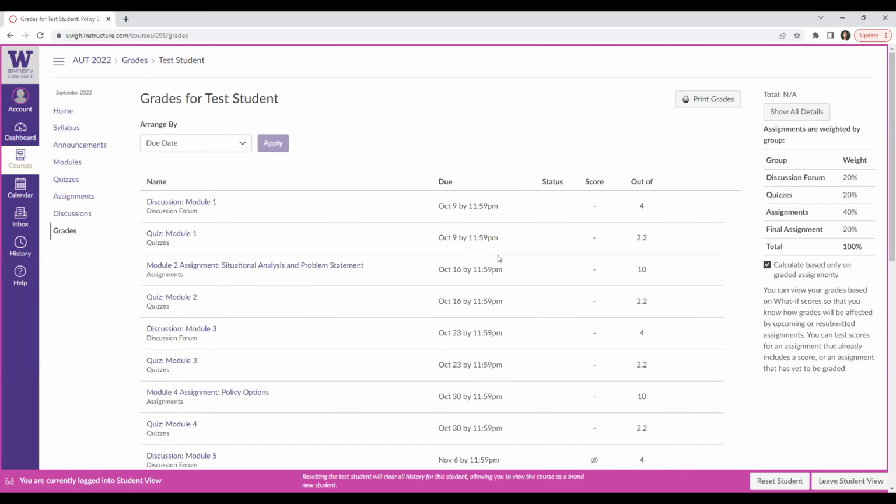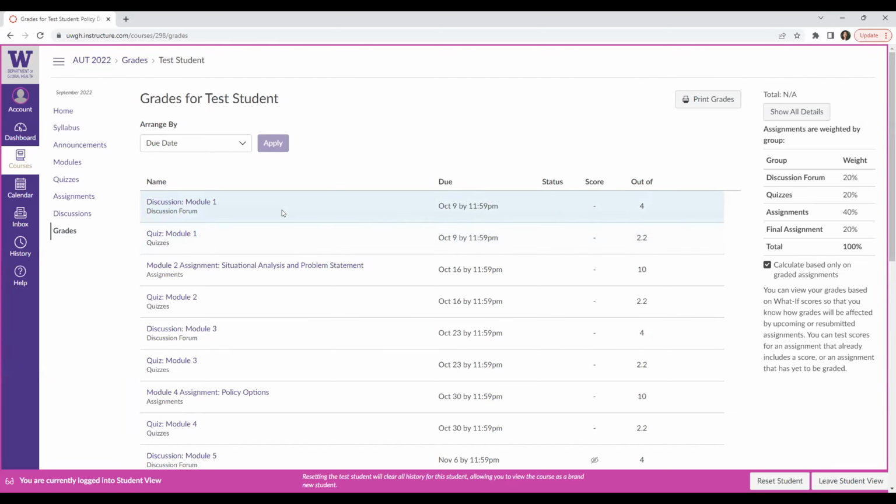All right, the last tab I want to show you is this grades tab. So you can see your grades for the course by going to this tab. Now, a couple notes about this. Your grades will be listed as you submit these assignments and as your grades are posted. The way that it works for the quizzes is that they're automatically graded, so you'll see your score right away for the quizzes.